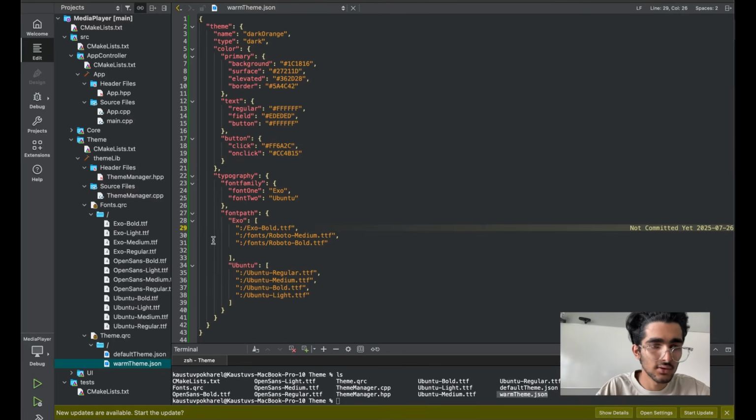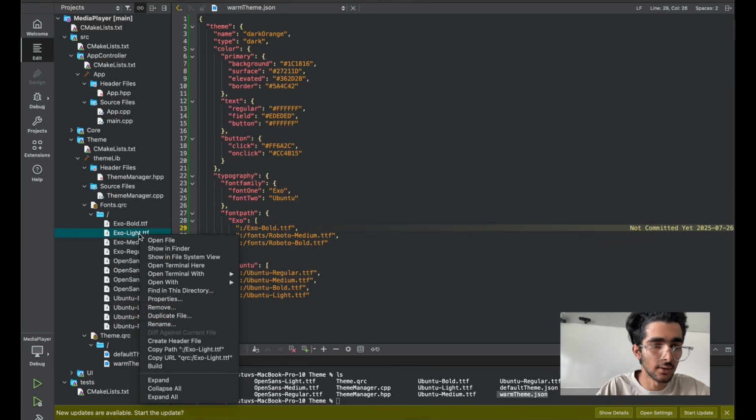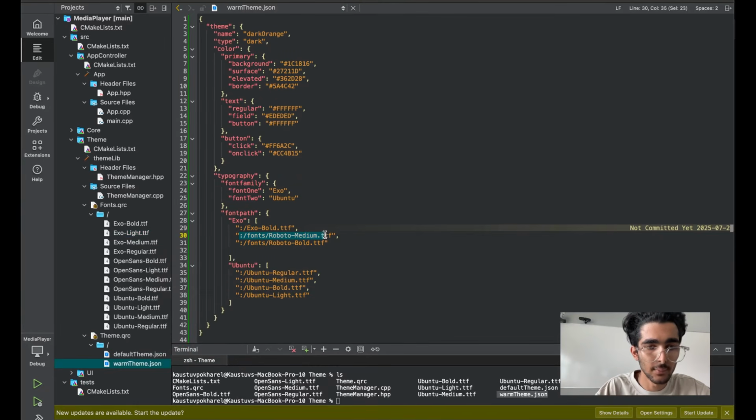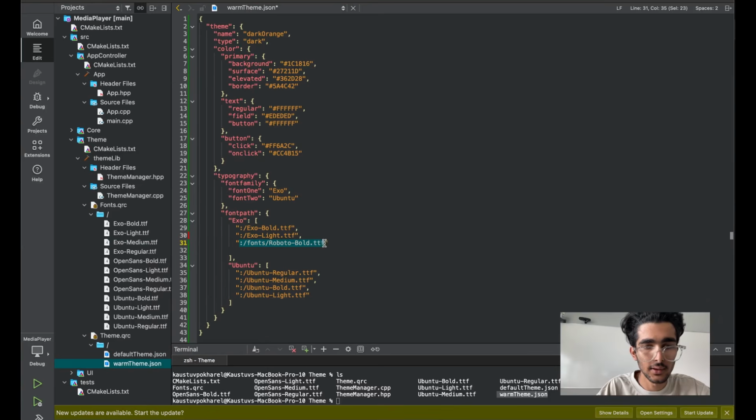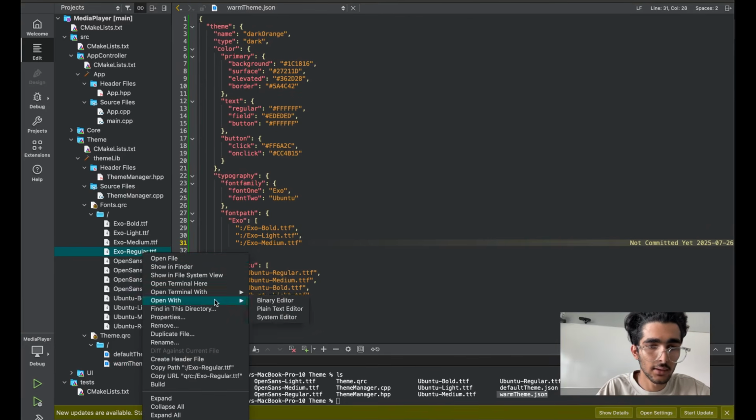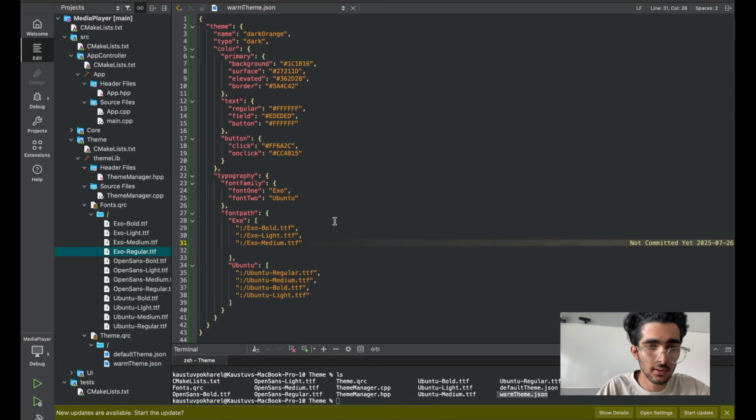I don't need to change anything in our source code to change the font. That's what I'm trying to show you. So copy path here and paste it here. So medium, copy path. I'll paste it here. I'm working on my warm theme, okay? And we'll switch the theme. And Exo medium is working and regular is left. So copy path and